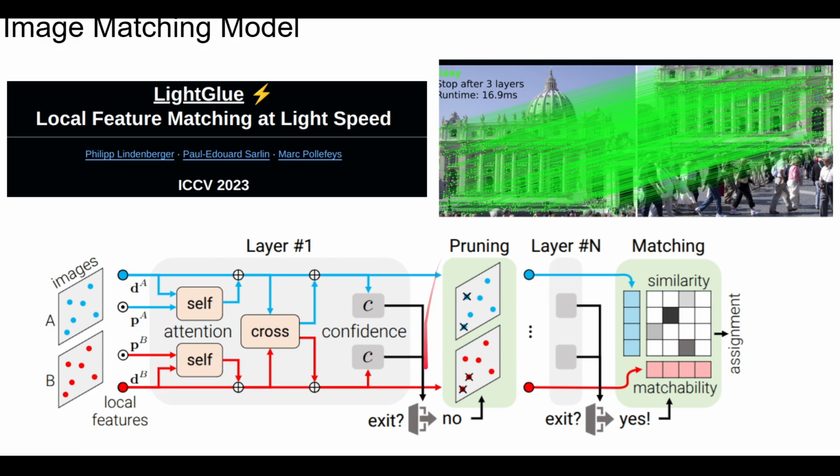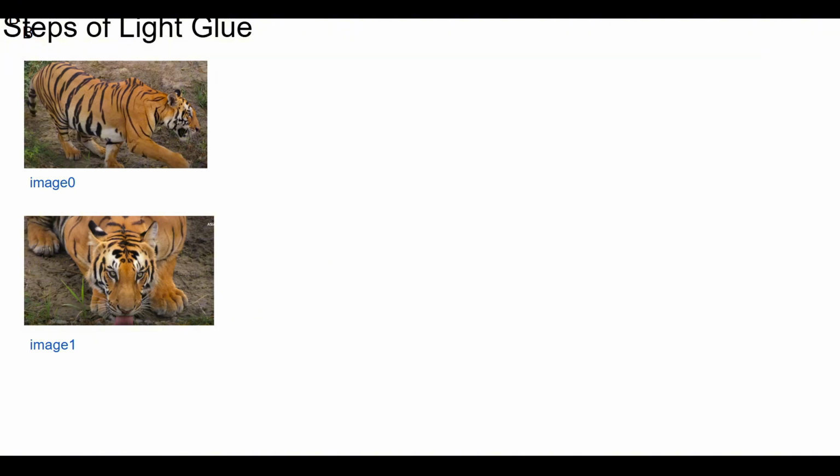Also, there is one step which is called pruning. That means after every layer of this cross-attention and everything, you find some points which have no matches, or which have matches below a threshold. Then you discard them, because if you have more points, you have to do more attention operations, so this becomes more computationally intensive. That's why pruning is a better idea: after each step you discard some of the key points that are not needed. So let's say we have image 0 and image 1,